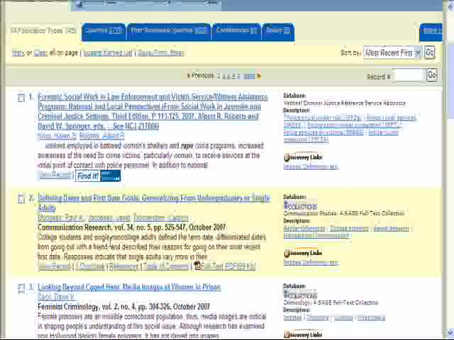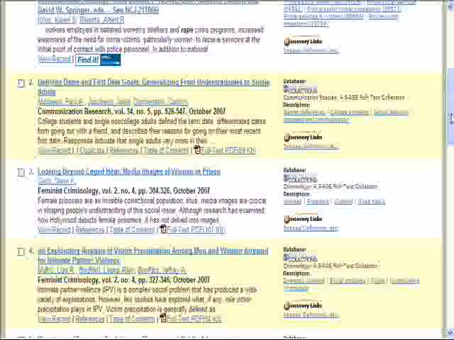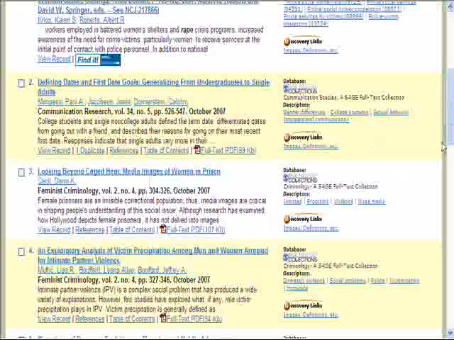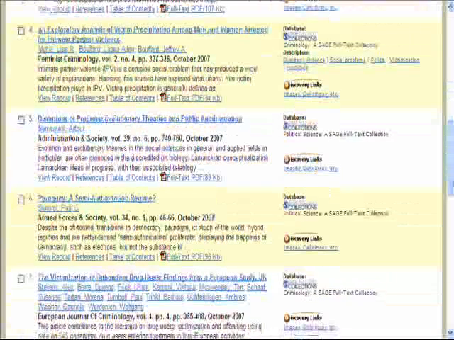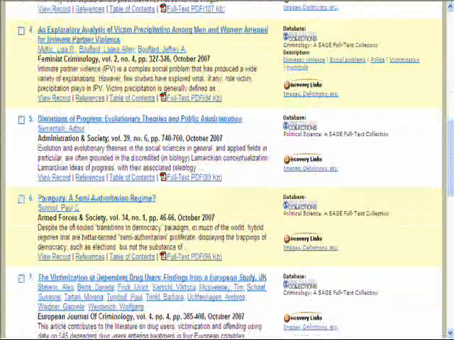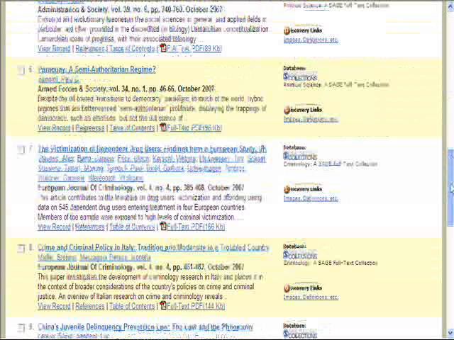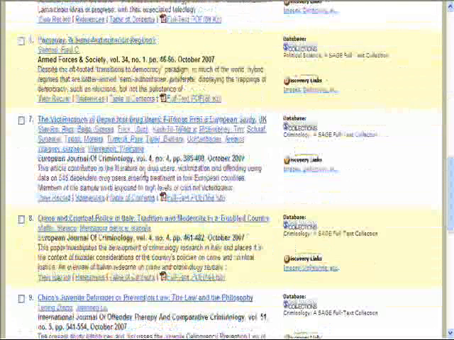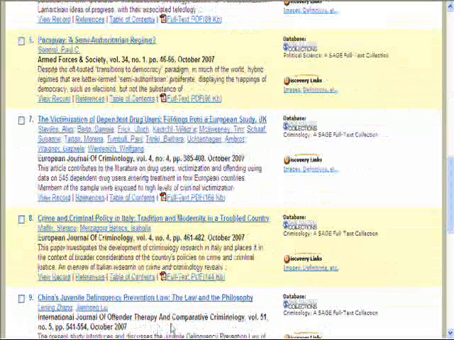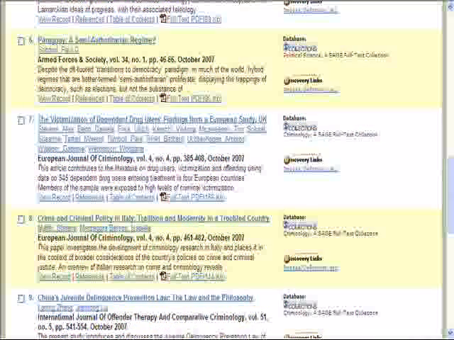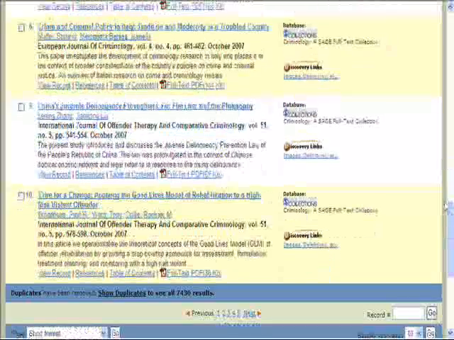Communication research, feminist criminology features quite heavily here, administration and society, armed forces and society. I didn't even know such a journal existed. European Journal of Criminology, that's probably going to be quite useful, isn't it? International Journal of Offender Therapy and Comparative Criminology. As you can see, these are all really good